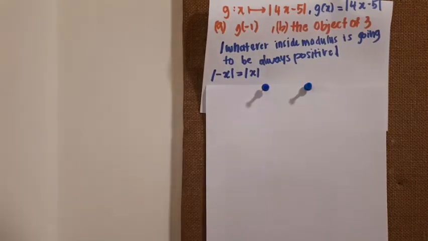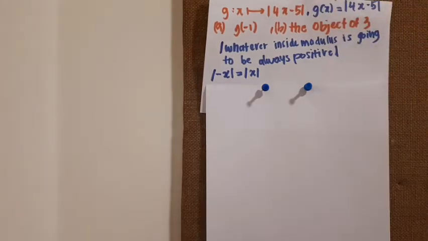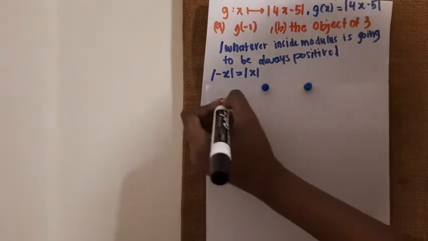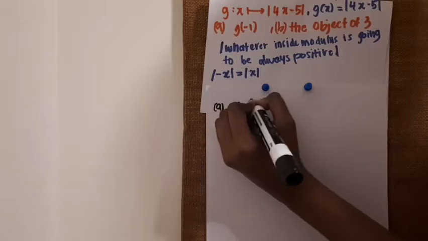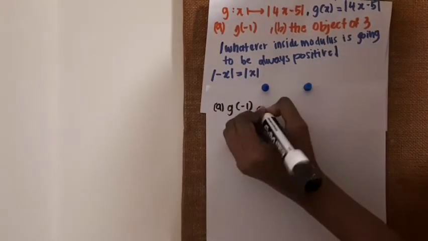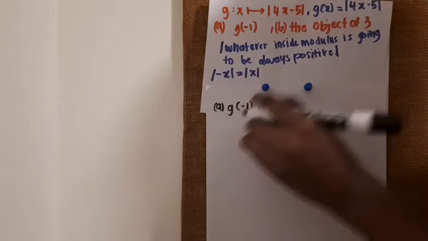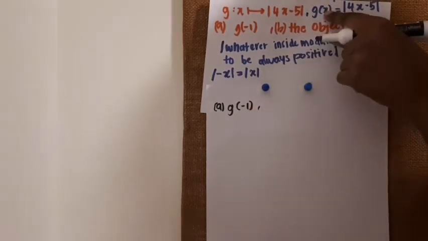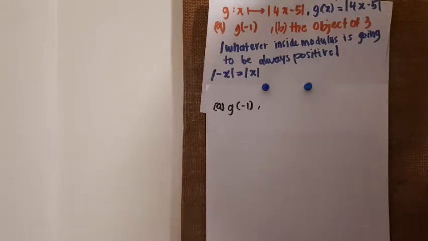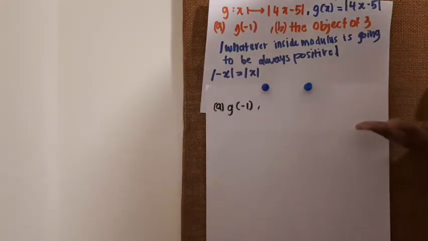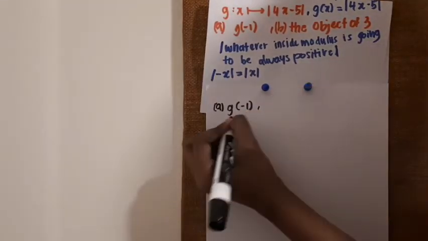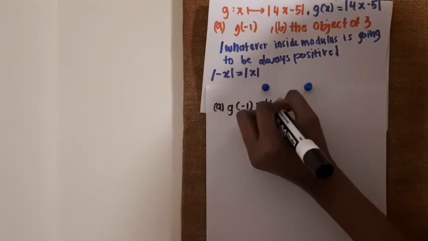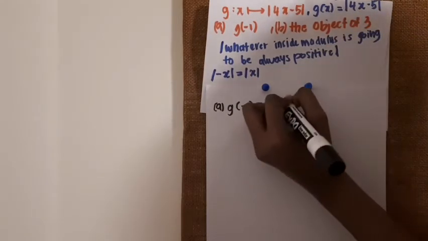So we have that g(x) equals modulus of 4x minus 5, and our first question is, what is g(-1)? Which means we are substituting x equals negative 1. So they are asking, what is the answer if we substitute x with negative 1? So always write this as: substitute all x's with the negative 1,